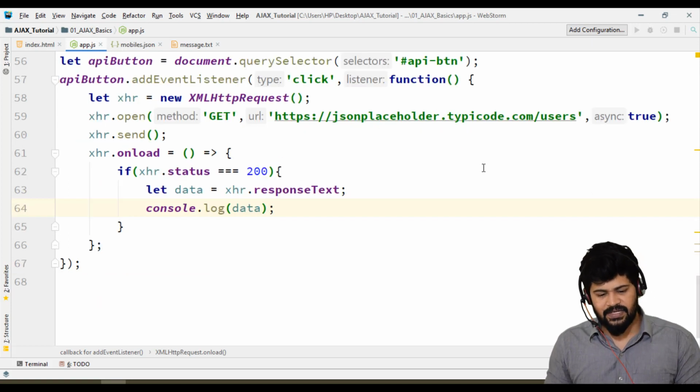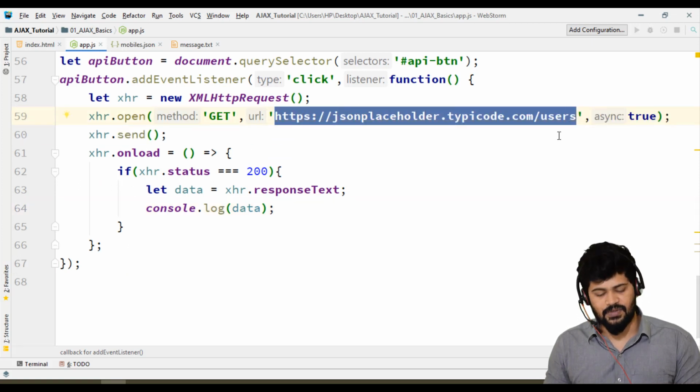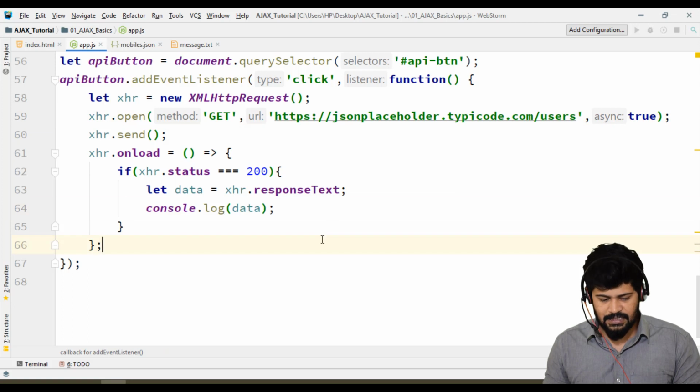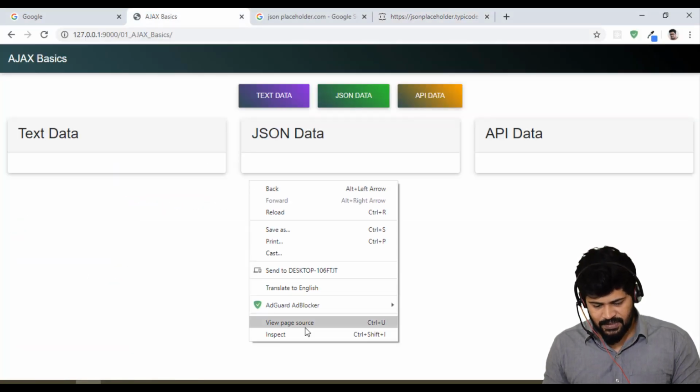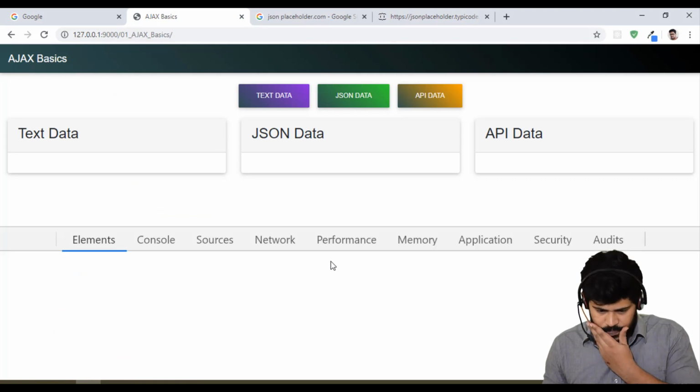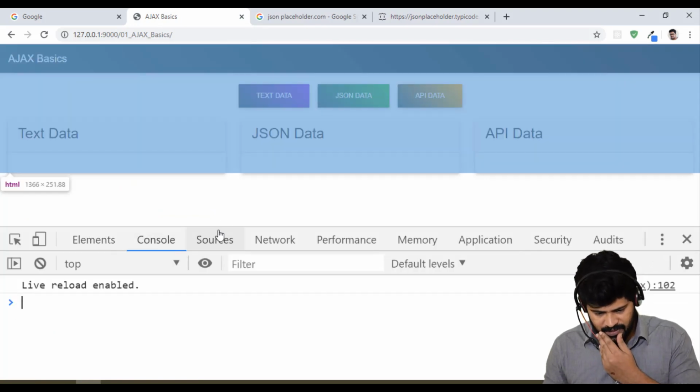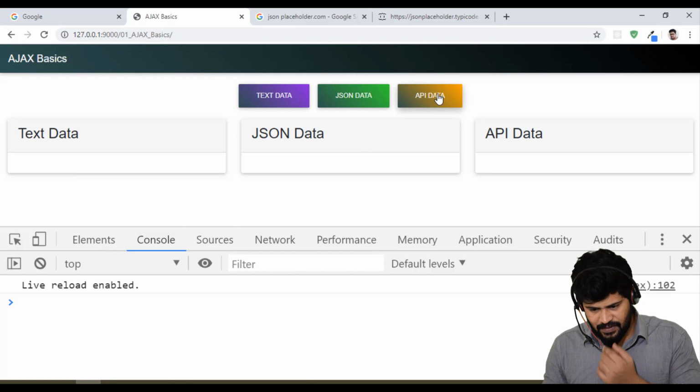Fine. So when I click on this button, I will get data from this particular external URL, and the data comes in the console log. So let's see this process now. Back to here, open a console window, console. Yeah. When I click on this button, you never see a page refresh.